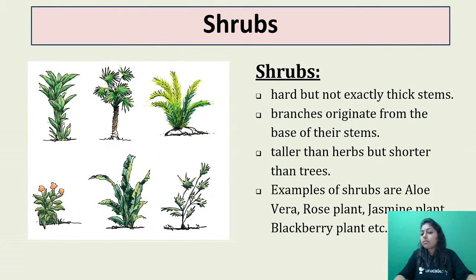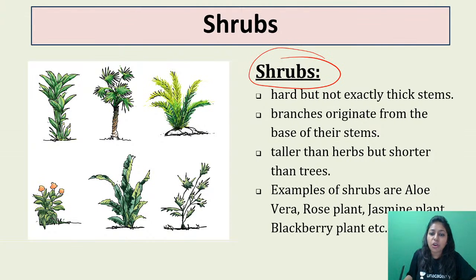Now, after herbs, let's move on to the next category of plants, which is a little taller than herbs, and that is shrubs. Now, what is the important characteristic feature of shrubs? They have hard but not exactly thick stems. You can see that they are hard. You cannot easily break them, but they are